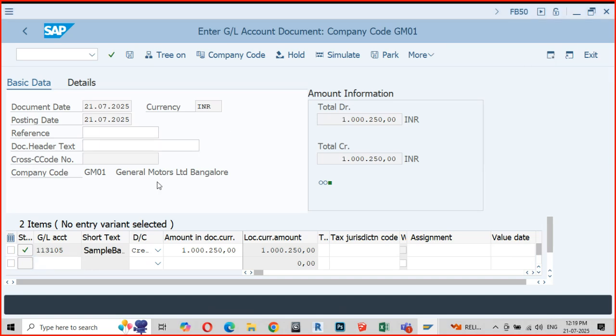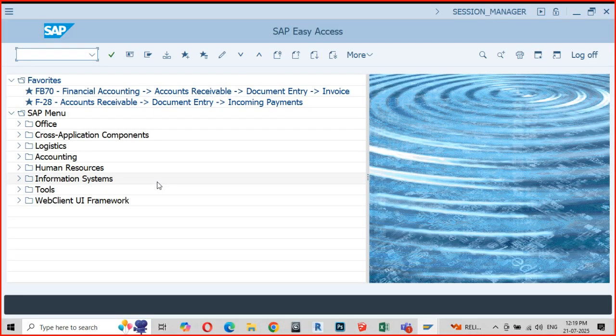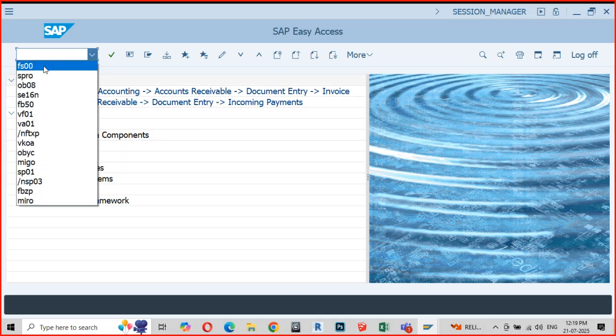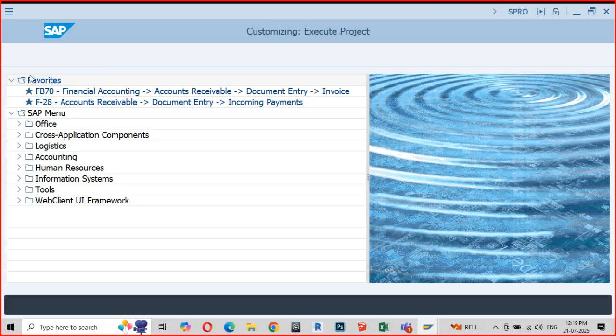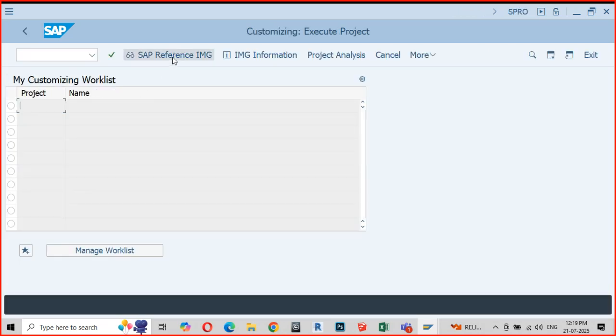This is how we control the concept of document entry. So I need to enter into the customizing space, the consultant screen.